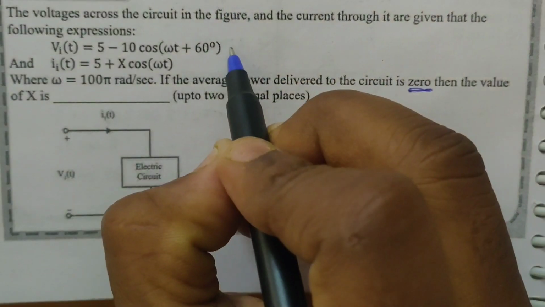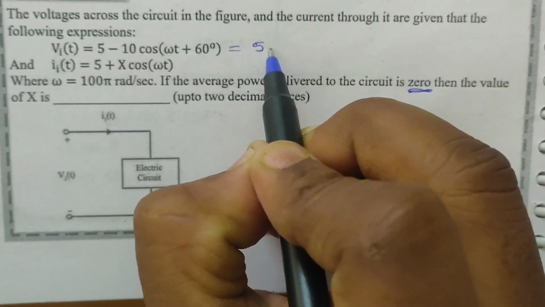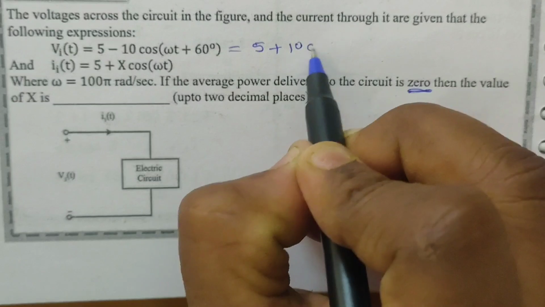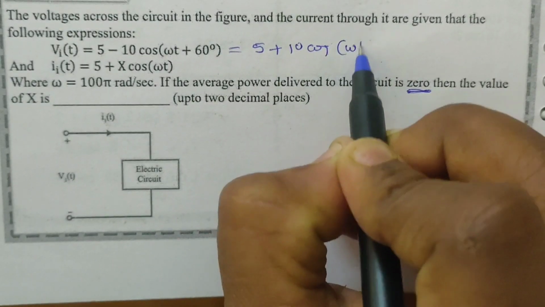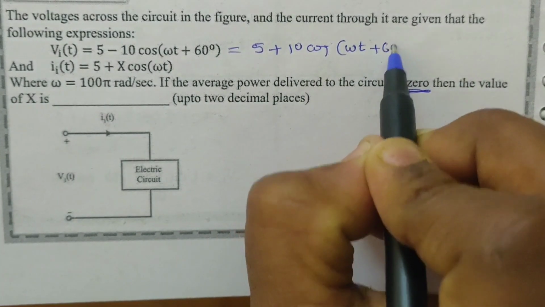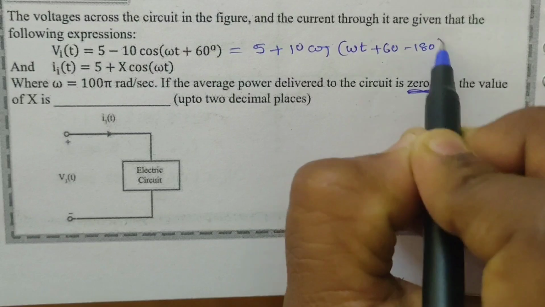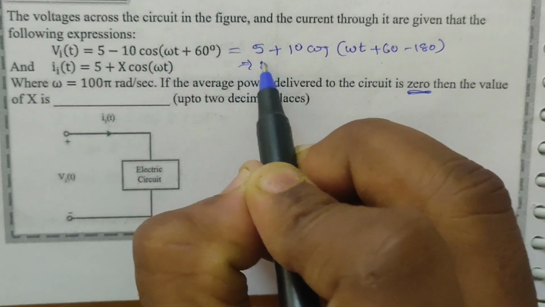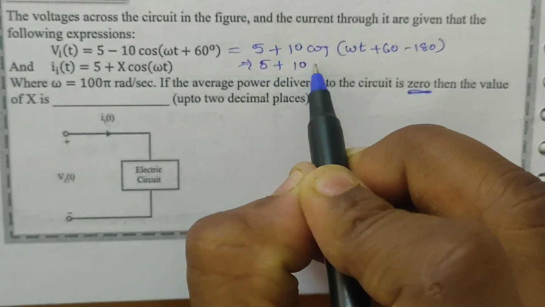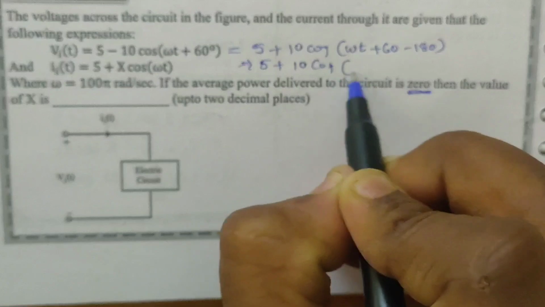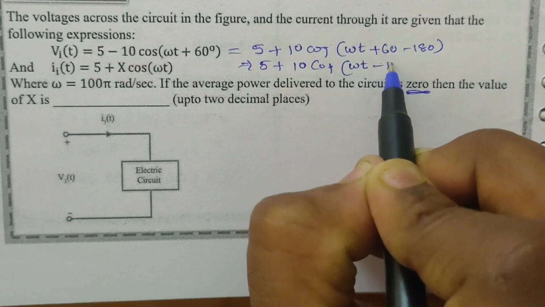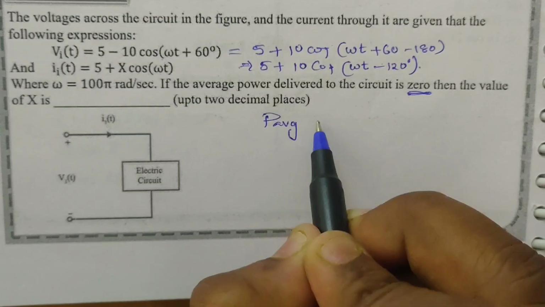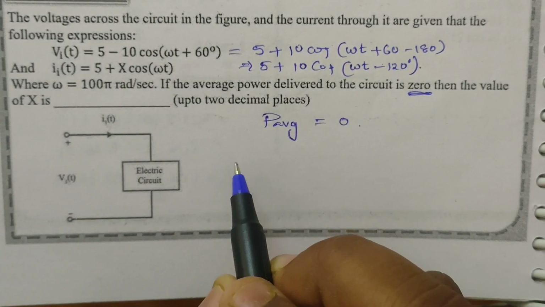You can write this equation as 5 plus 10 cos(omega t plus 60 minus 180). It can be written as 5 plus 10 cos(omega t minus 120 degrees). He is saying that average power is equal to 0. Average power is